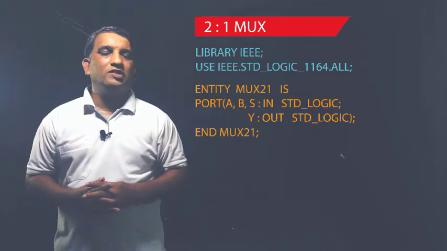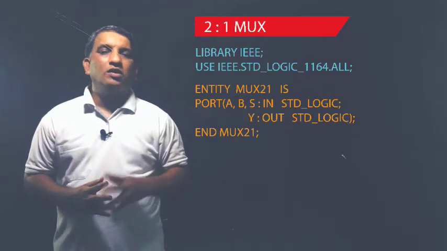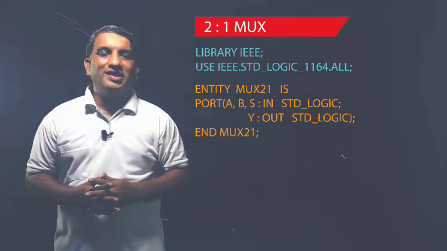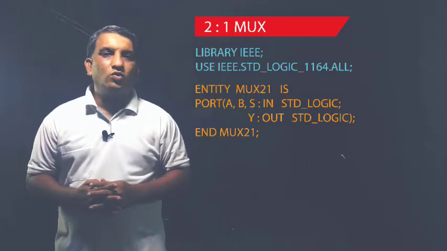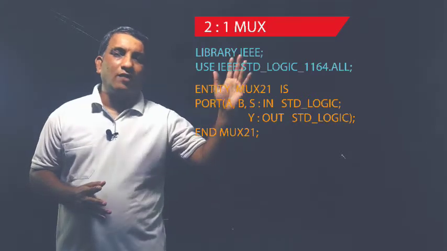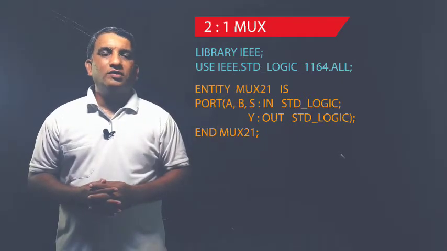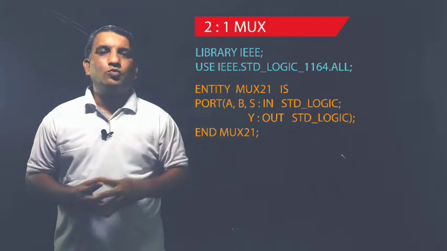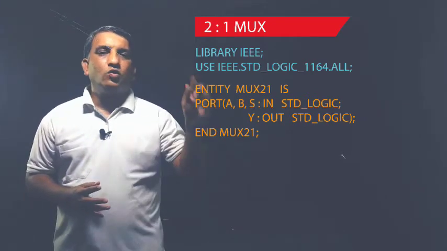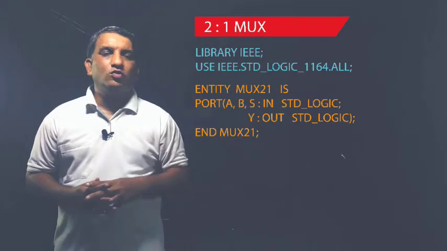मोस्ट स्पेसिफिकली यू कैन राइट डाउन द बिट, और I will prefer writing std_logic because std_logic will also contain these 2 values 0 and 1, right? So that's why after that I will put the semicolon. Then there is only one output line of single bit, so that's why I will write down y colon. Then as it is the output, so I will write down the mode as out.